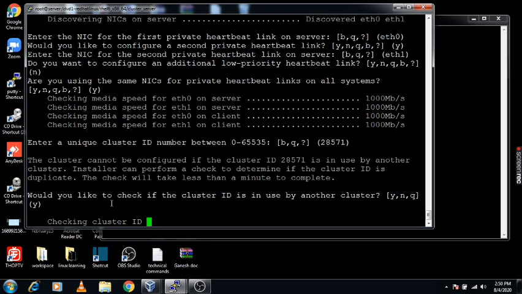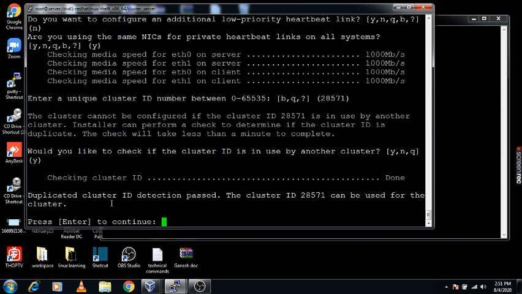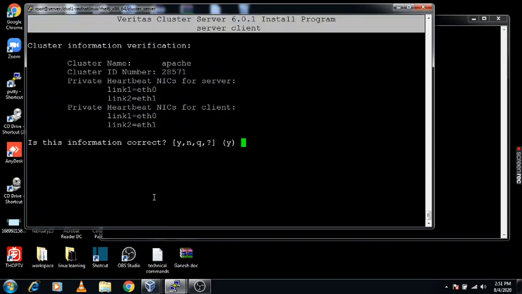Yes, I am checking it. Okay, no duplicate cluster ID is detected. Now I am going to press enter.